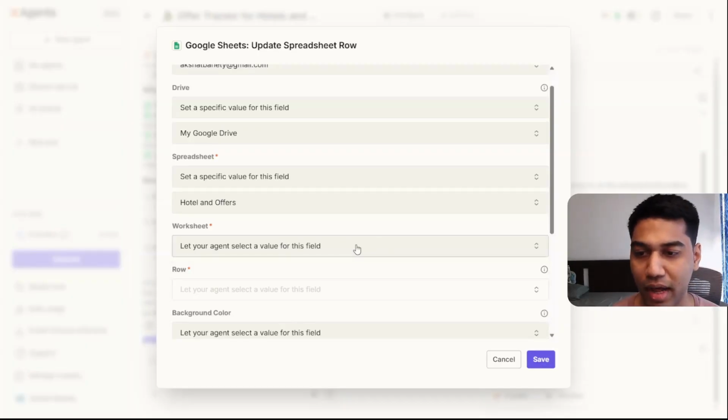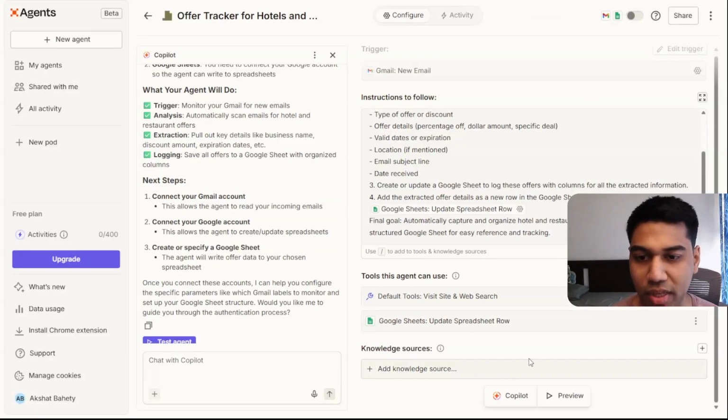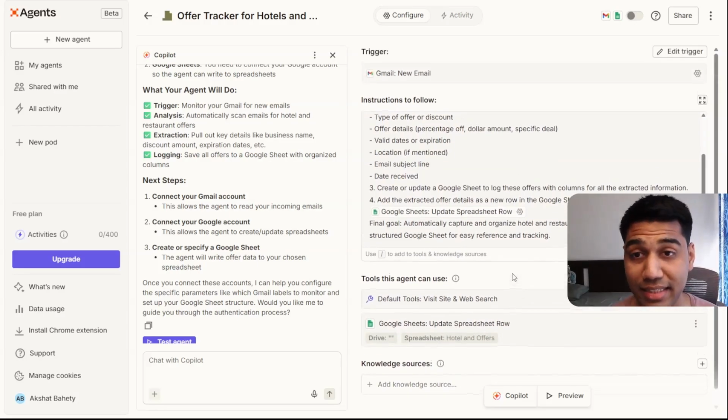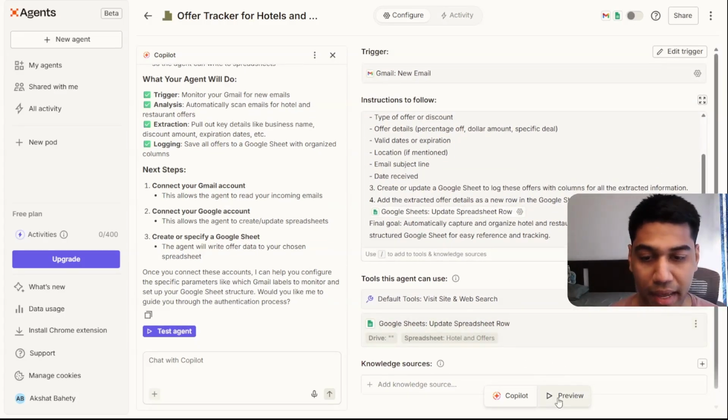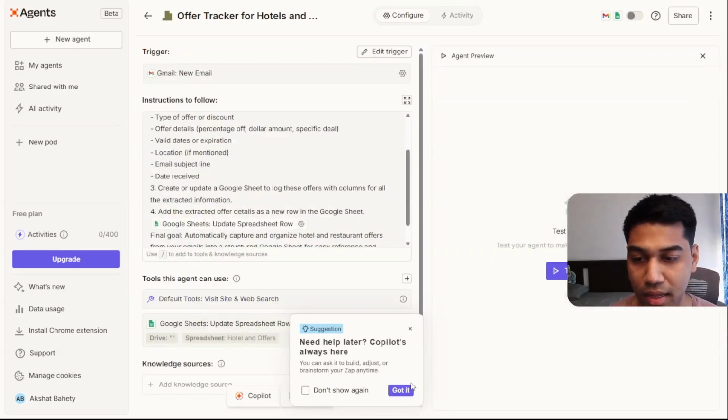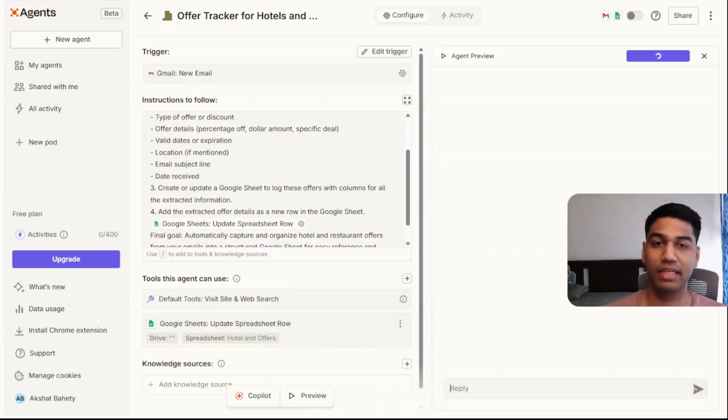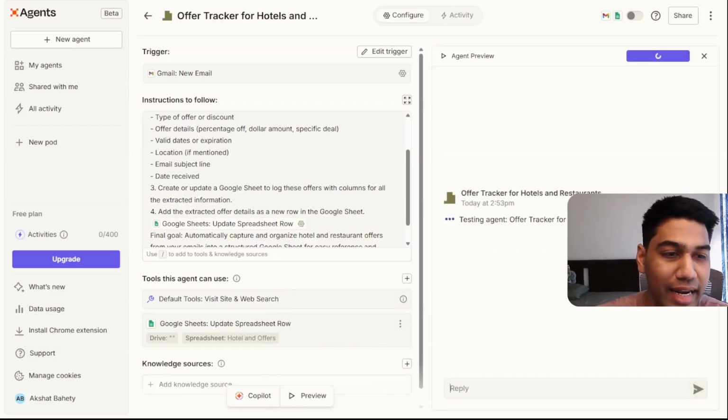I won't worry about the others. You can change them if required, but let's actually test this agent. So we are going to come here and click on preview and let's see what happens. So testing, it should be now reading in my inbox and going through emails and come back with some hotel